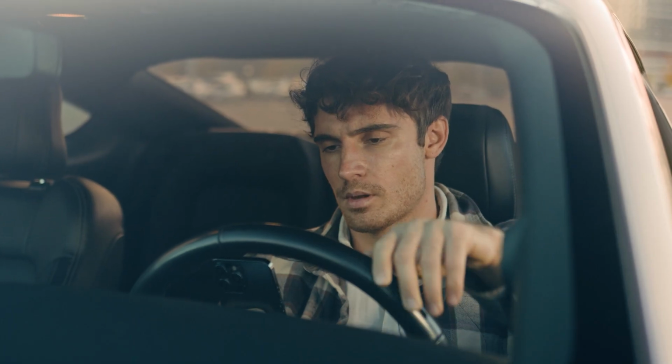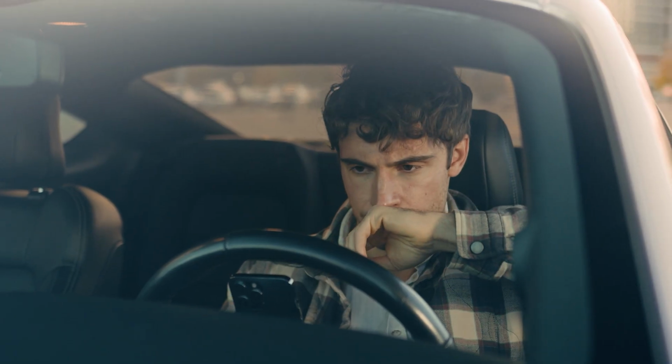Now moving on to the cons. So one downside is that Lemonade car insurance is not available in all states yet, so you definitely need to check and see if it's offered in your area. Another potential drawback is that it relies on app-based tracking. Some drivers might not be comfortable with having their driving habits monitored through their phone, even if it does help